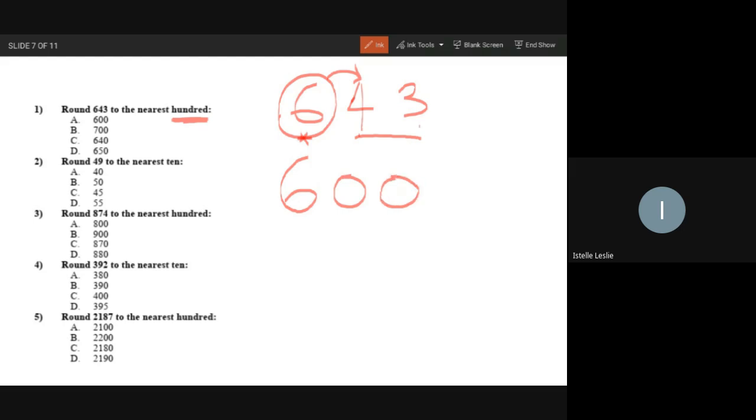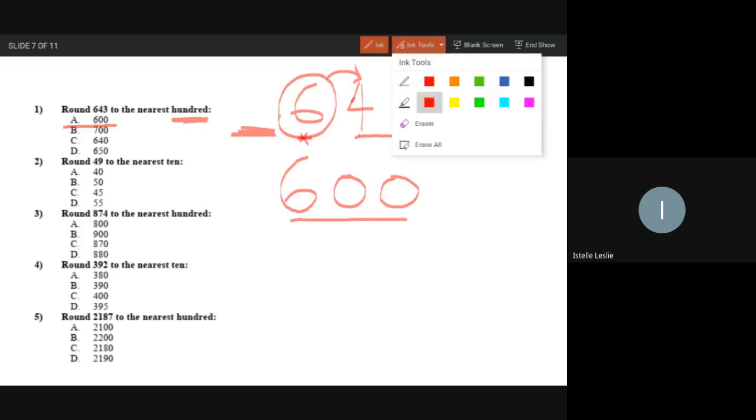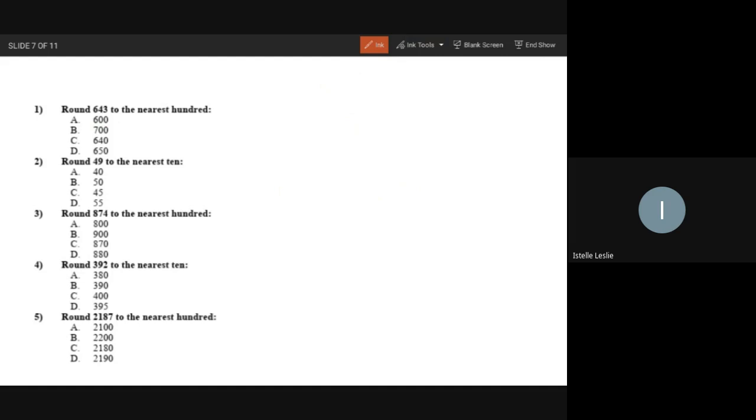Good. So the correct answer there will be A. Since there is no number to the left of 6, we just leave it like that. So the correct answer is A. So thank you. So for the second one, we have